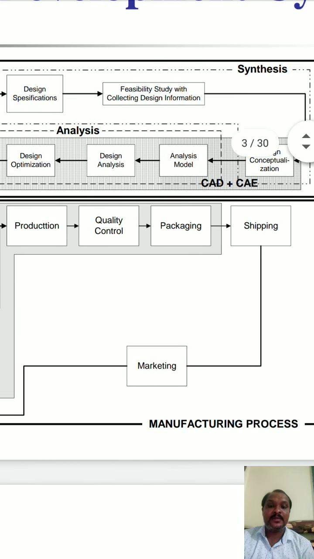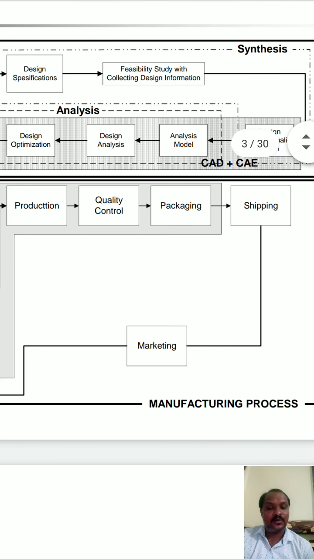Next is shipping. Shipping means transporting the material or the product from your industry to the market. So how are we going to ship? If it is a breakable or unbreakable kind of material, you should take great care of that. For example, glass. If you are manufacturing glass, then you should take great care for shipping purposes. If it is a normal thing, then no worry.